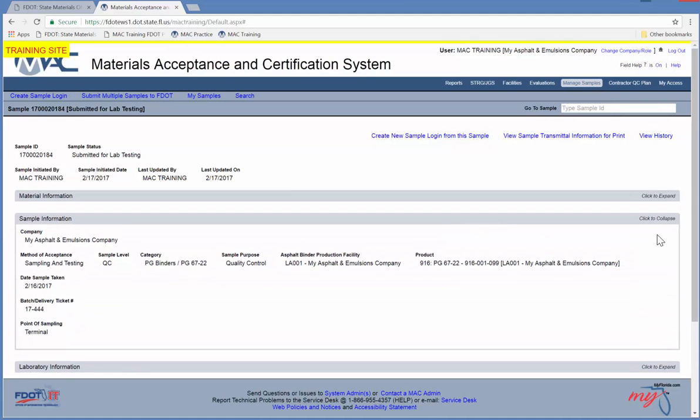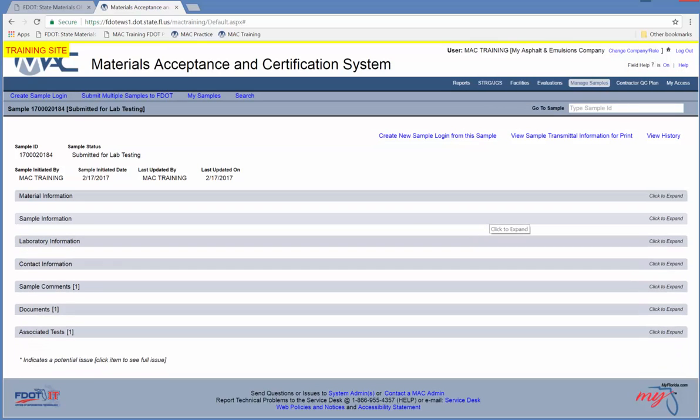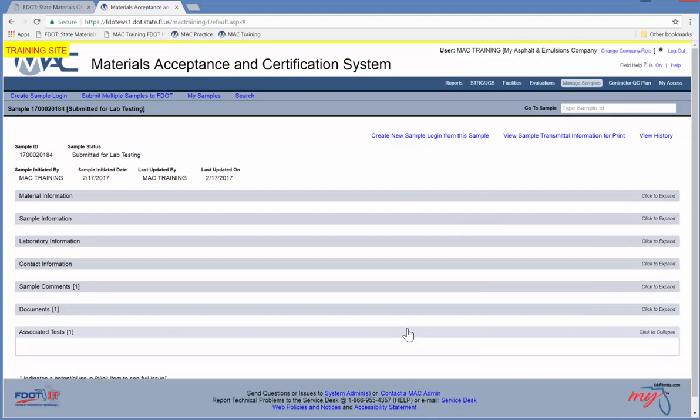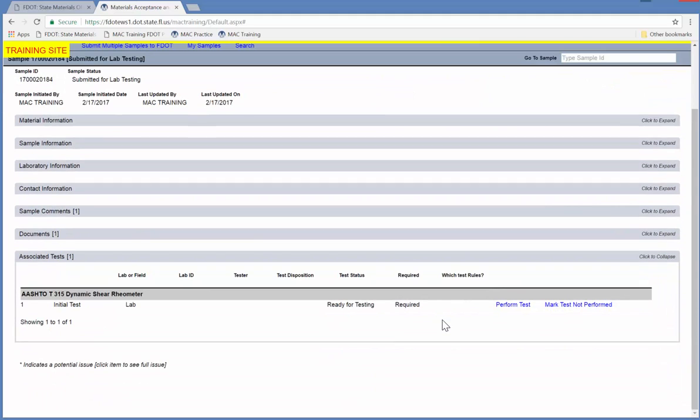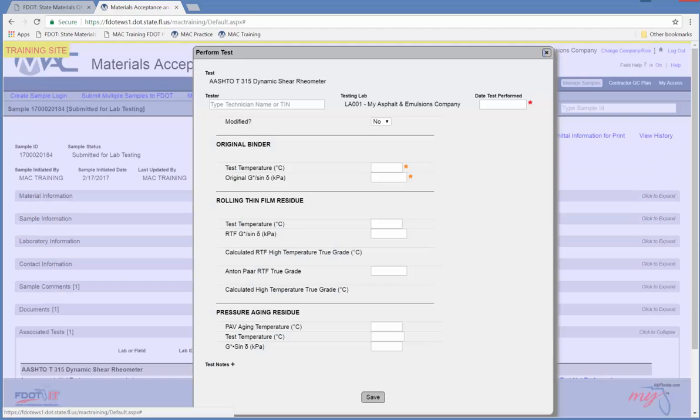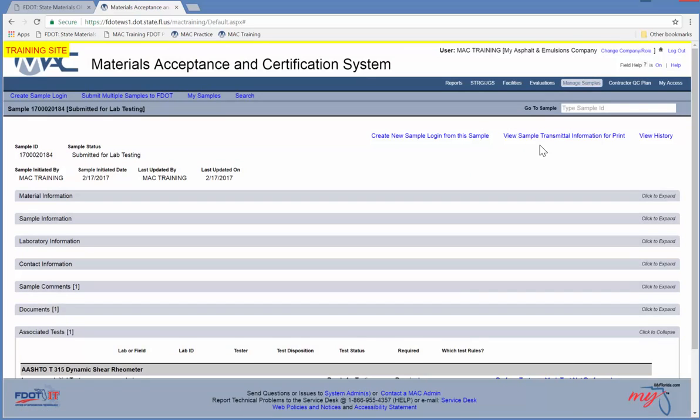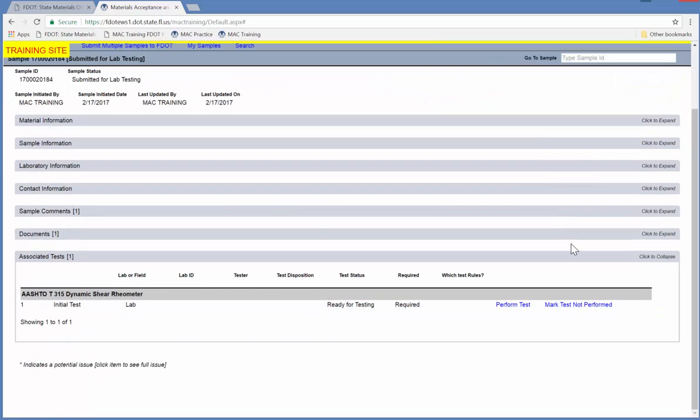All the sample information under the various tabs is displayed for the laboratory. Under the Associated Test tab, with the laboratory having acknowledged sample receipt, tests can now be performed. Clicking Perform Test launches the test dialog and allows data entry for the individual test. If there are multiple tests, a Perform Multiple Test link will display, which allows entry of tests for all required